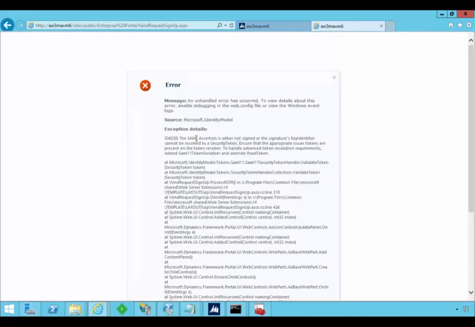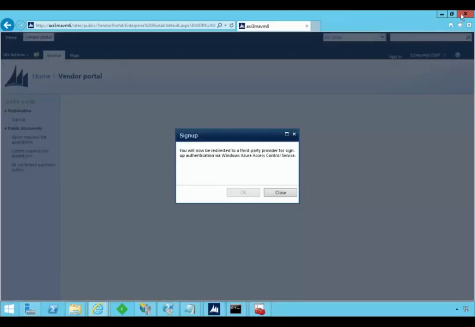Okay, so now debugging's on, we'll get a more detailed message. And so what we can see here is that if we read it, it says that the key identifier cannot be resolved to a security token. And so what this is basically meaning is that we need something to handle that token. Now we've told our public site with some of that web config that we're going to use the identity token handling. We haven't told SharePoint the details about how to handle that token a little bit further. So this requires some additional configuration. So let's close out of our website,